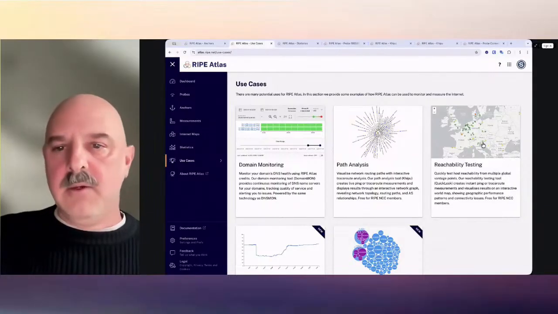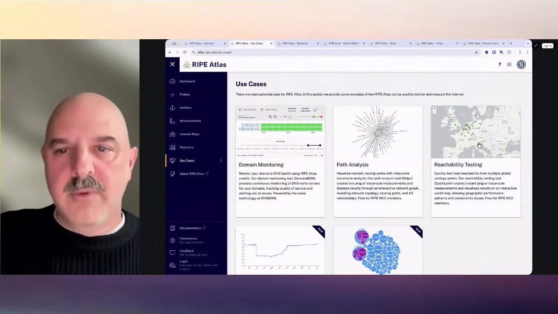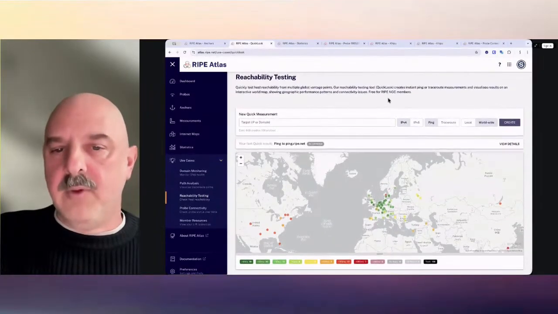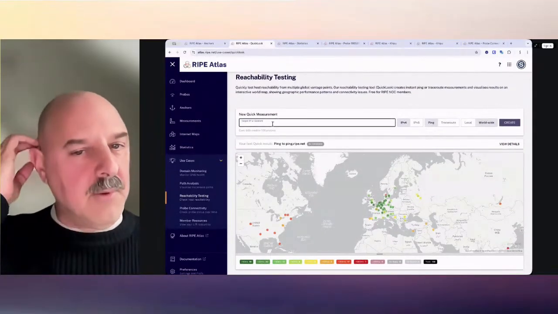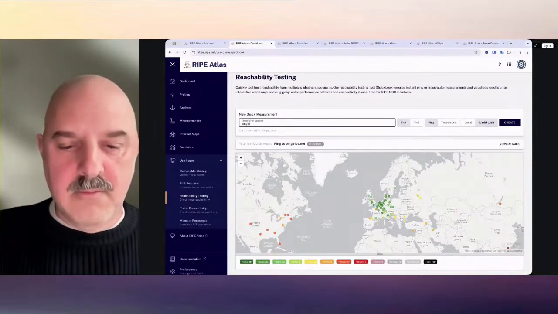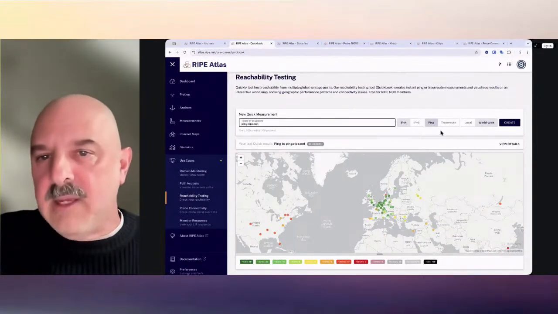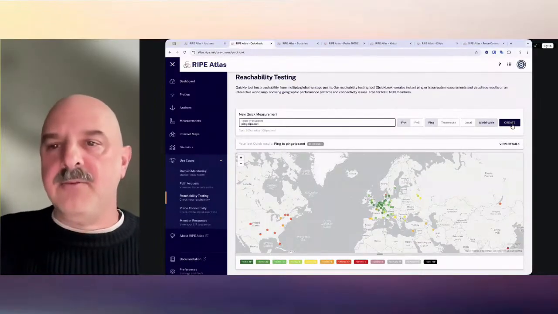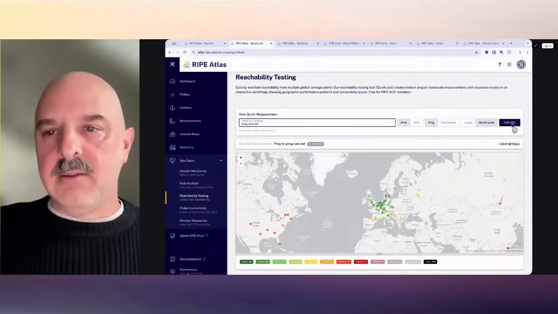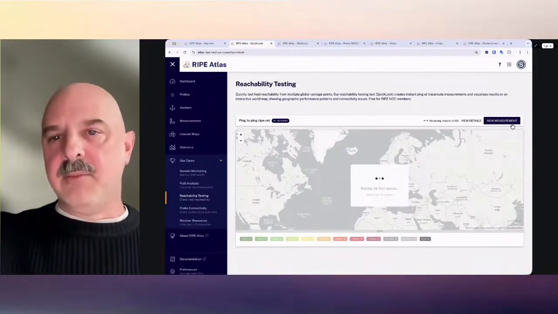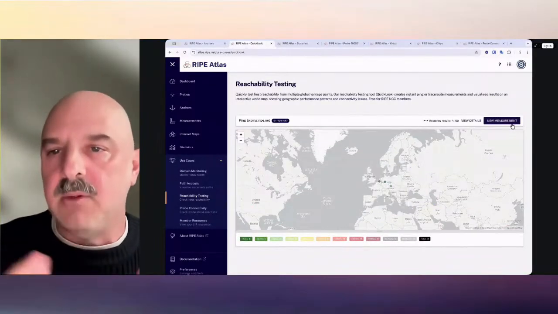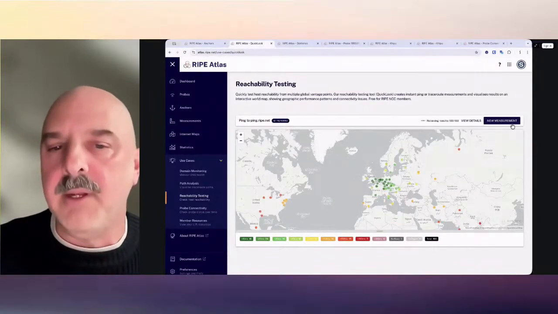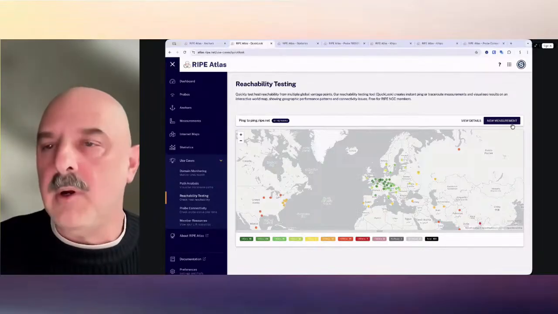Another nice use case, I think I was telling you before about the reachability testing, or about the quick look. We have the quick look on the dashboard, but we also have a full use case for quick look. Here, for example, let's do ping.ripe.net, and we'll do a ping measurement, and we'll do it worldwide. If I then go ahead and create this measurement, it will actually make a request to create the measurement, and then it will live stream the results as they come in and show you a live view of what's happening with 100 random probes on the